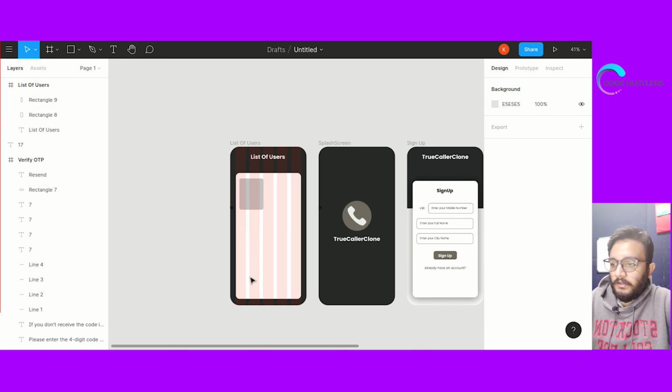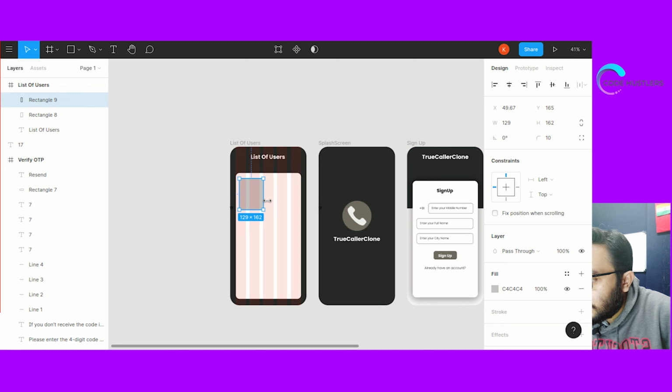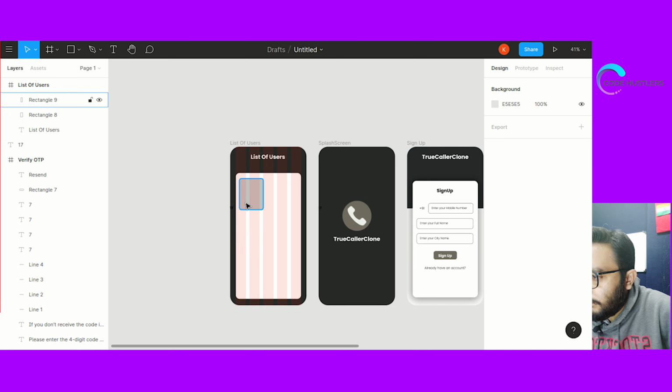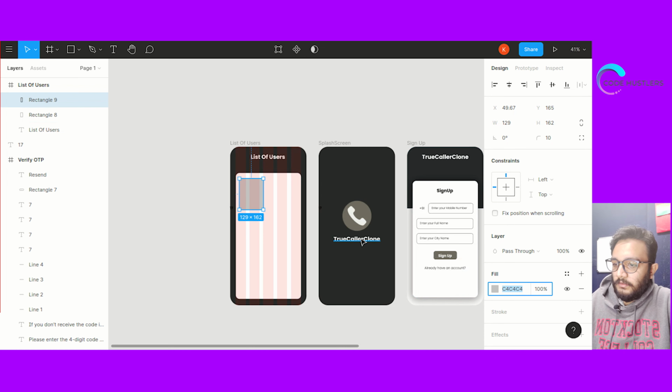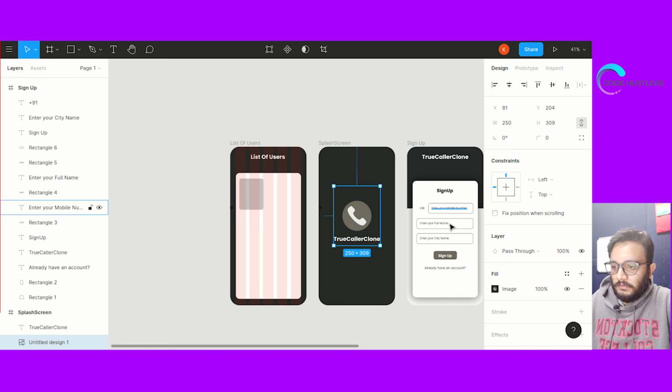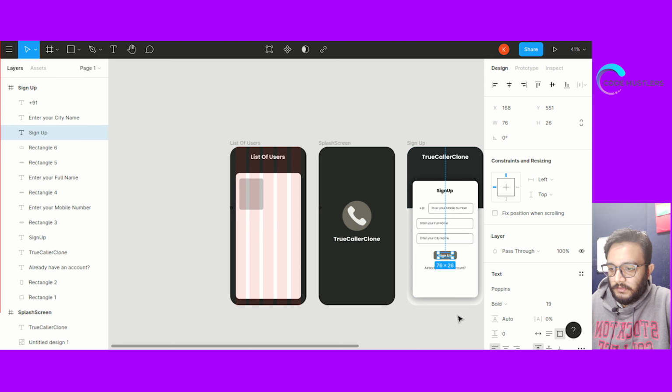Give it 10 radius. Now give it a color. Colors will be this one, this brownish color.